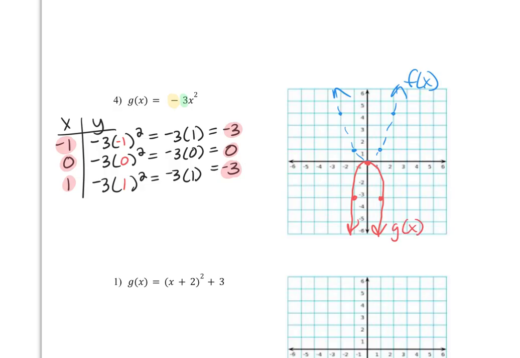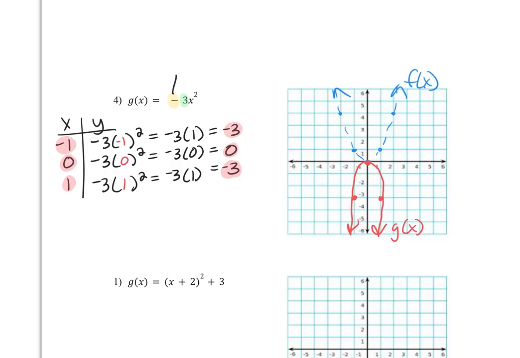Now, this guy not only flipped, but if you look closely, it got skinnier. If I were to flip this up at top here, you can see my blue is wider, which means that my graph got skinnier. So it flipped upside down, it got skinnier. Mathematically, we're going to write the